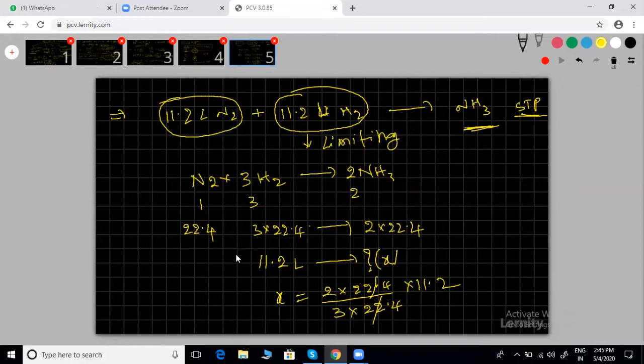Now, have you understood limiting reagent? You can do one stoichiometry problem. You have already done these questions, but one more time. Check only whether you remembered or not. That's enough.